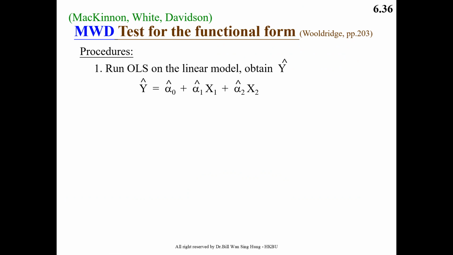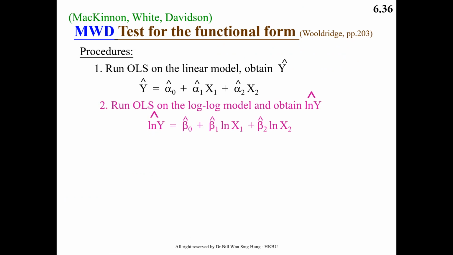We will obtain y hat, that is the estimated value of the estimated equation. yi hat will be equal to alpha naught hat plus alpha 1 hat x1 plus alpha 2 hat x2, and then we will run OLS on the log model and obtain natural log of y hat, and that will be equal to natural log of y hat is equal to beta naught hat plus beta 1 hat natural log of x1 plus beta 2 hat natural log of x2, and then we will compute zi, where zi is equal to